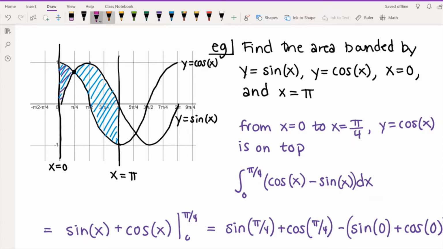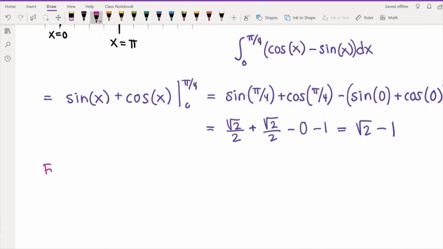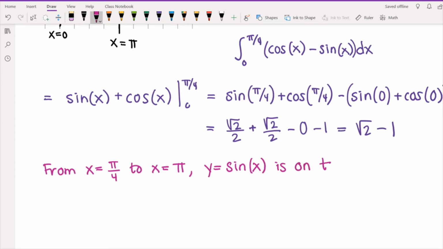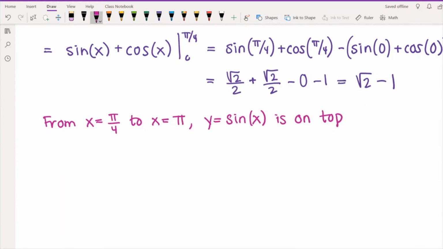Okay, so now let's find the next part. So the next part is going to be this part here. So for this part of the graph, now we're going from x is equal to pi over 4 to x is equal to pi. Y is equal to, now sine of x is on the top. And so for this part, we're going to need to take the integral from pi over 4 to pi of now sine of x minus cosine of x